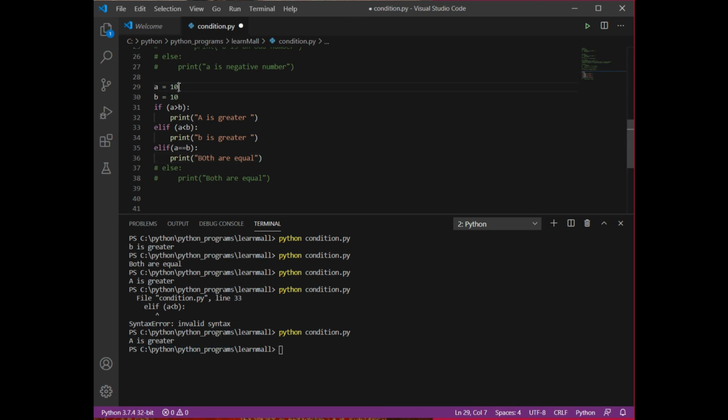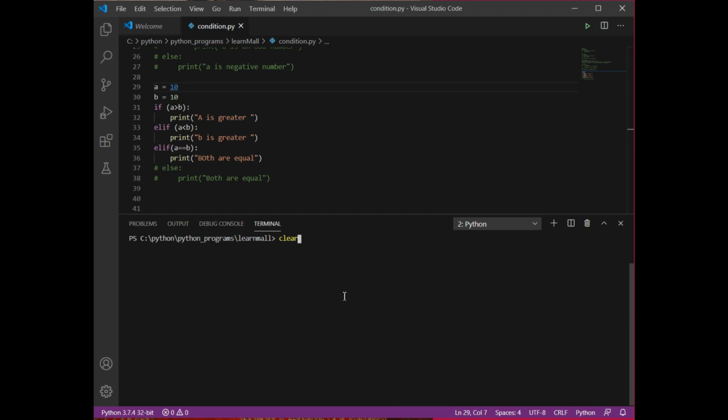Suppose I write 10, save it, clear the screen and run this, it gives "both are equal". So if is the main part. Your else if cannot exist without if, and your else cannot exist without if, but vice versa is not true, which means that if can exist without else if and else also.